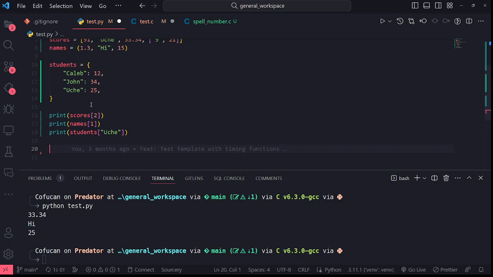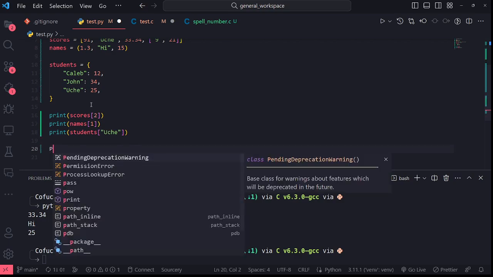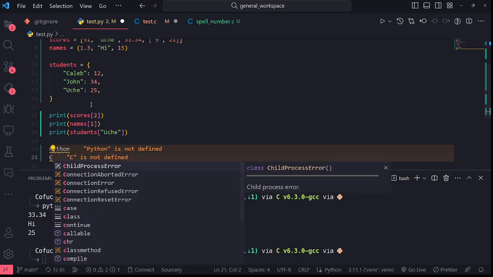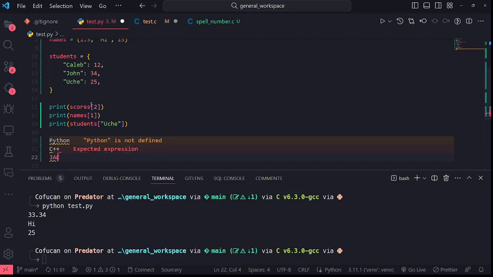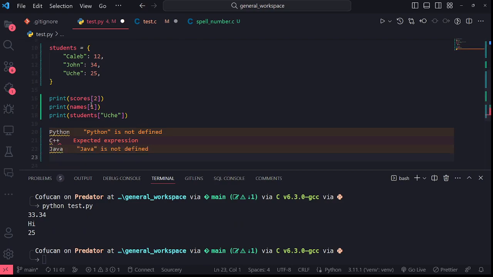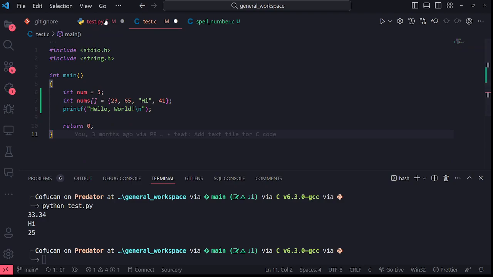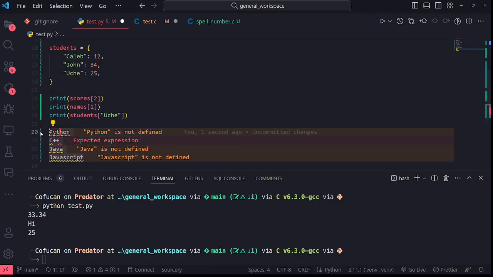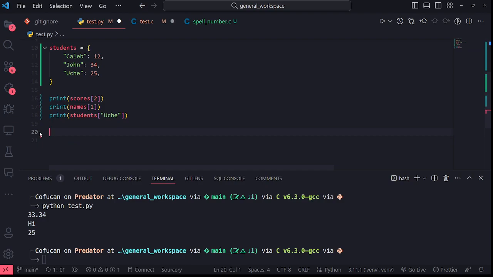Now, one of the special things about Python, and this applies to C++, Java, and even JavaScript, is that these programming languages, which C does not have, are called object-oriented languages. Python is an object-oriented language, which means it has something called a class. I can declare a class. I can say class